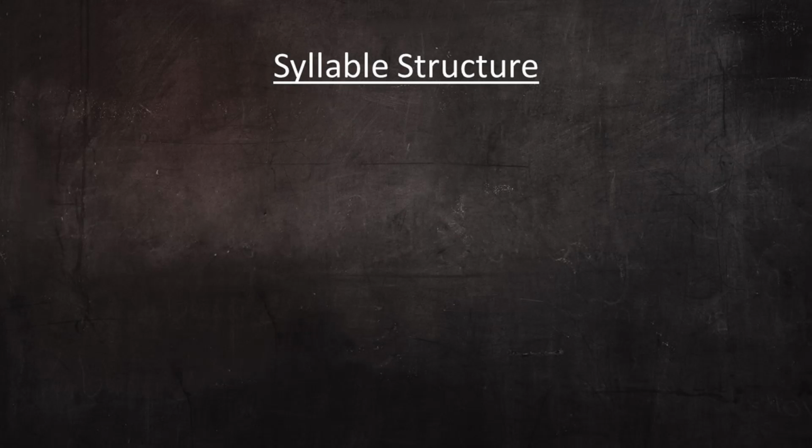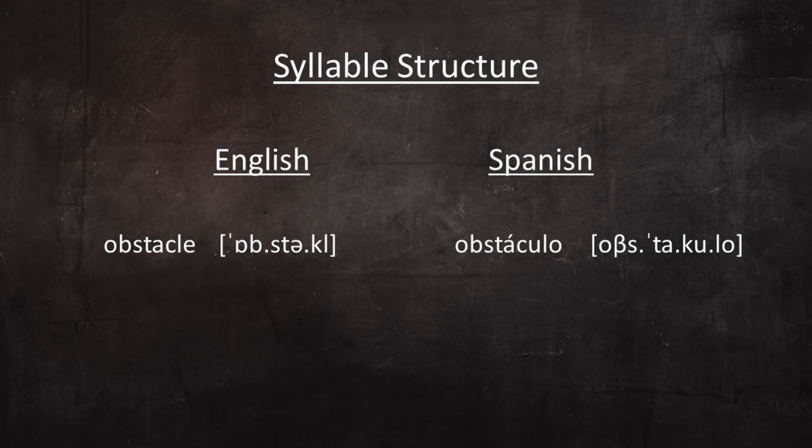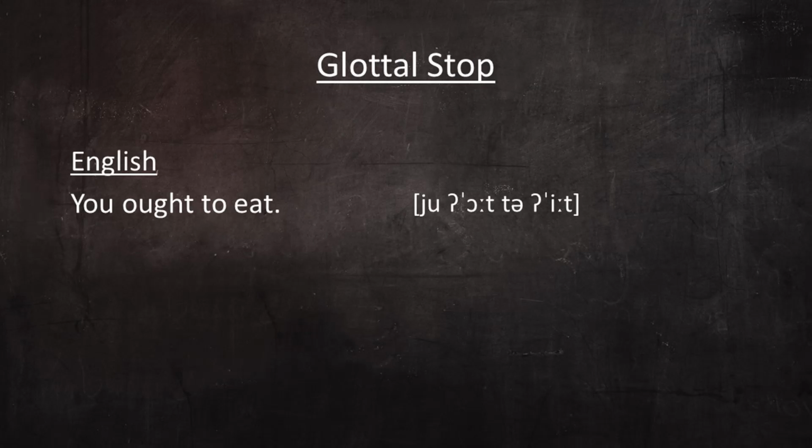Different languages follow different rules when dividing utterances into syllables. Native English speakers tend to use English rules of syllable structure when speaking Spanish, and this contributes to their foreign-sounding accent. Moreover, most dialects of English make audible separations between certain words with something called a glottal stop, something not